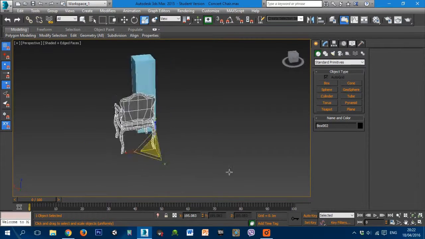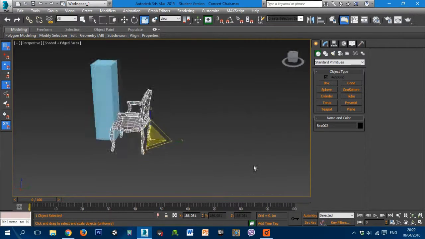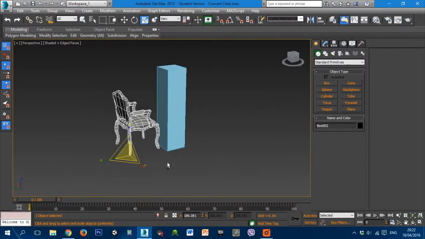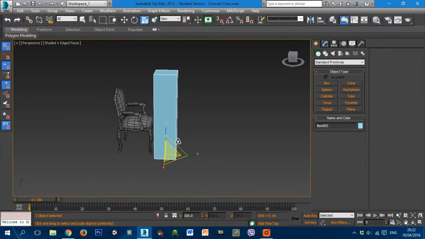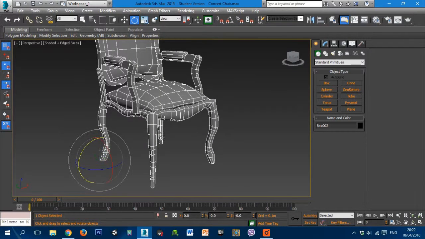Well, no. So that looks about right to me. A little bit smaller. That looks about right, yeah. A person could easily come around that size and just pop into that chair. Looks perfect, grand. So I'm going to delete this box, and what we're going to do from this point, because